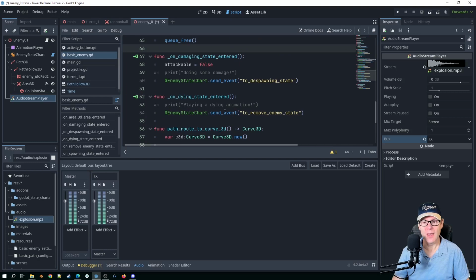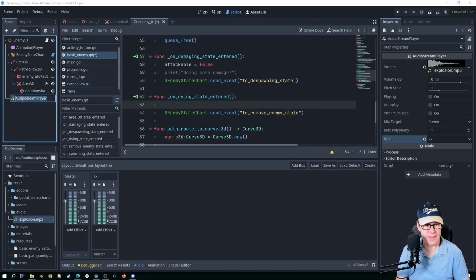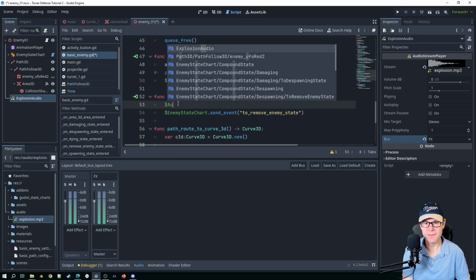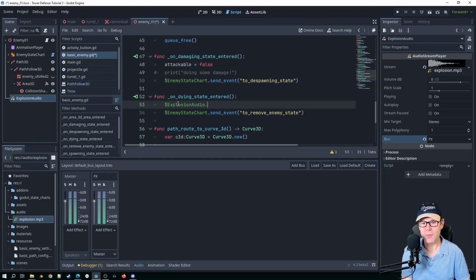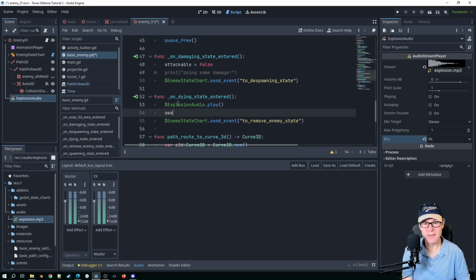Here we go. We'll just add a little thing here. For now, we'll just say, I'm pressing caps lock, hang on, we'll say what's that as well? Should we rename that to explosion audio? And then here we'll just say $explosion audio dot play. Right, and then we'll just say await $explosion audio dot finished there. Okay, so that's going to play it and it's going to wait, and then it's going to send that event